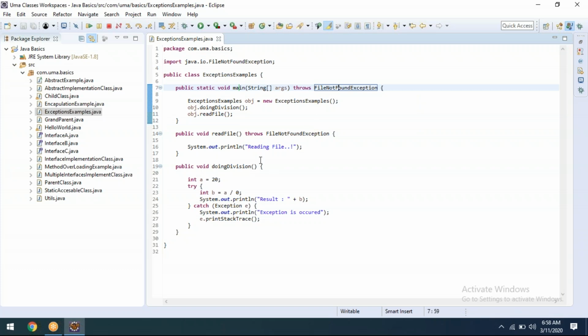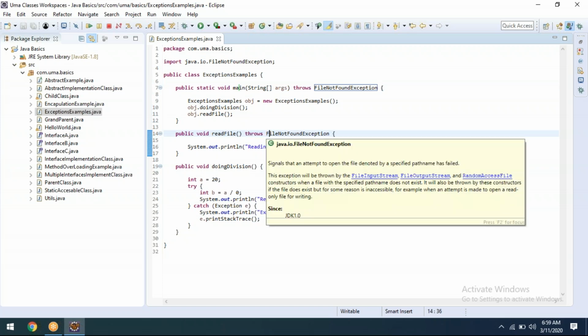Whenever we go for throws at the method level for exception handling, then whenever we call that same method, we also need to declare throws for the calling method, or else it will give an error message. Hope this is clear.